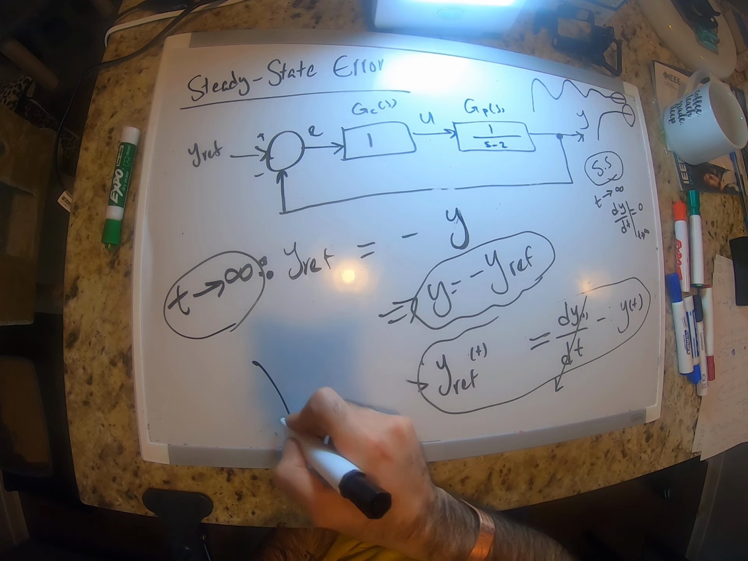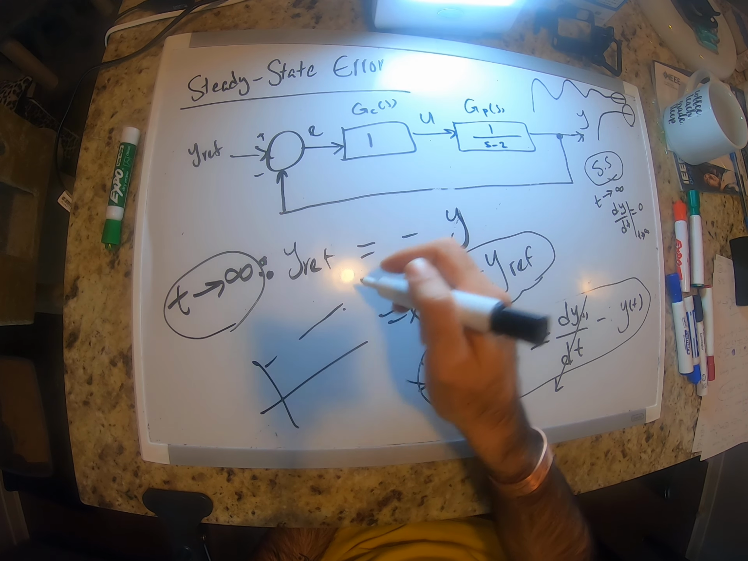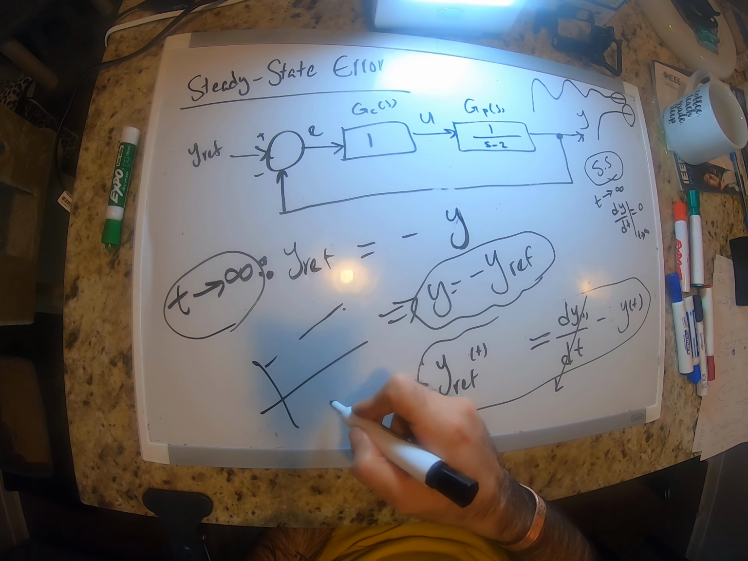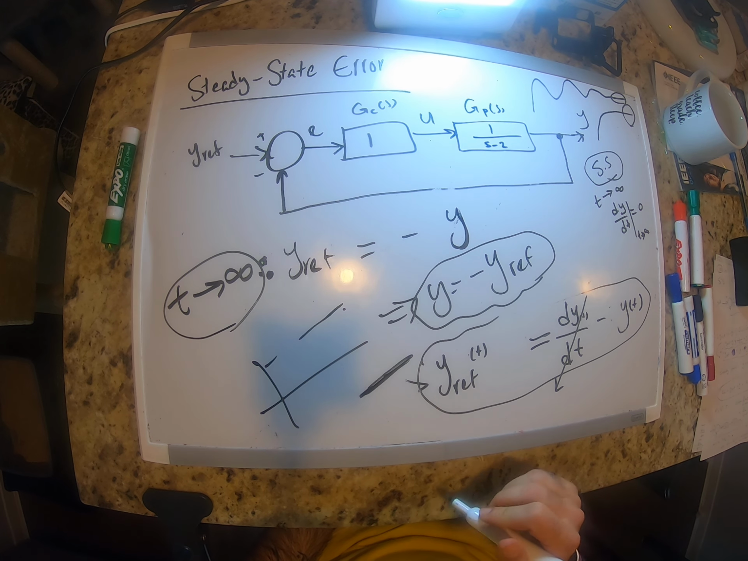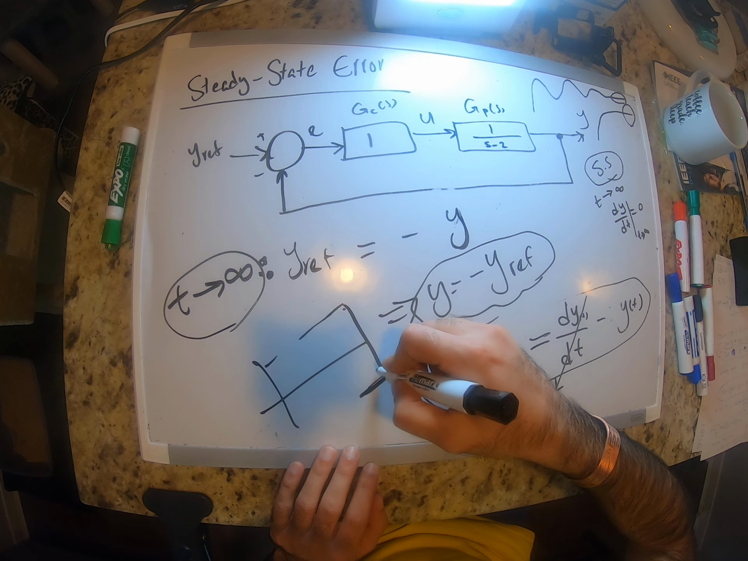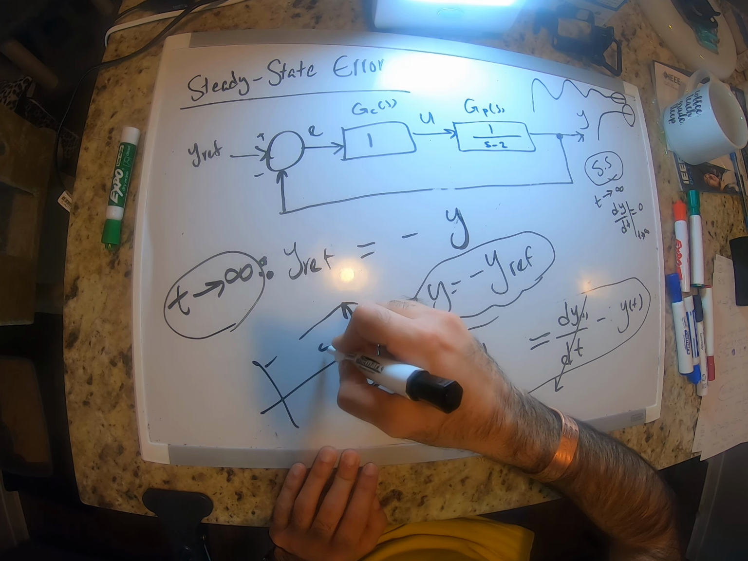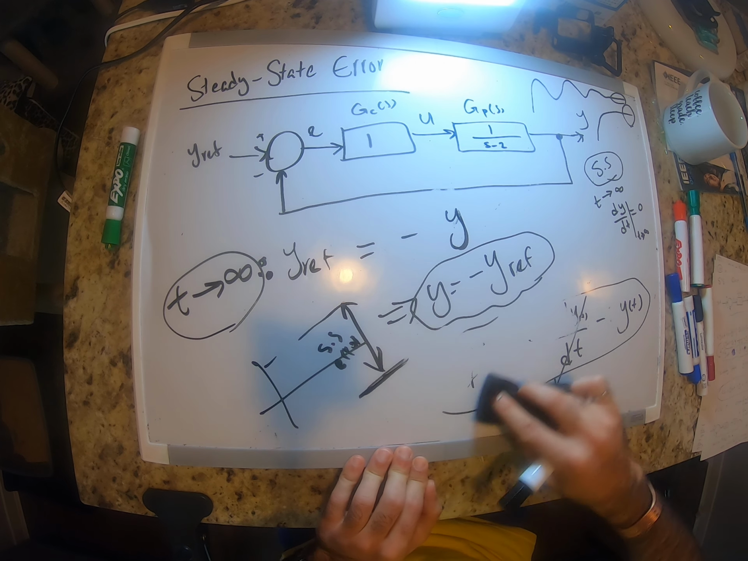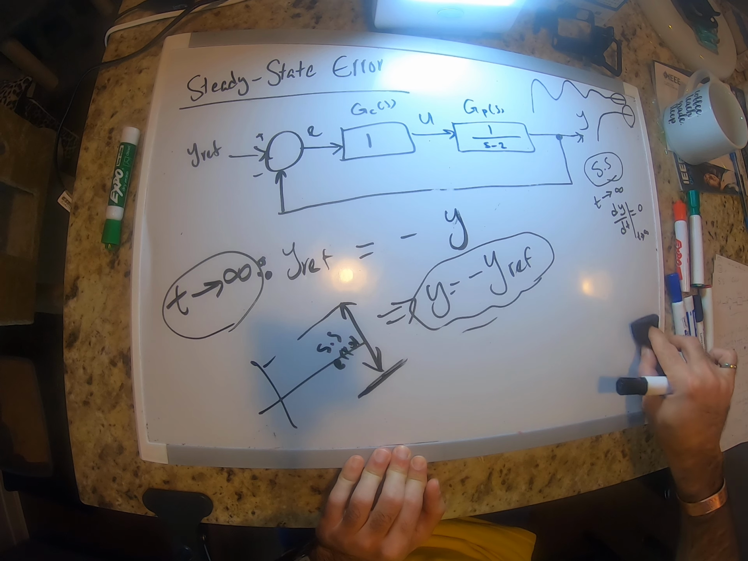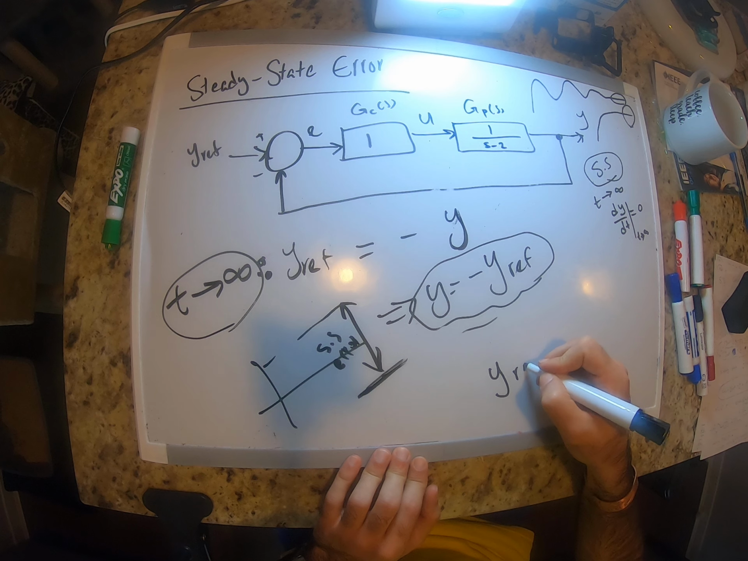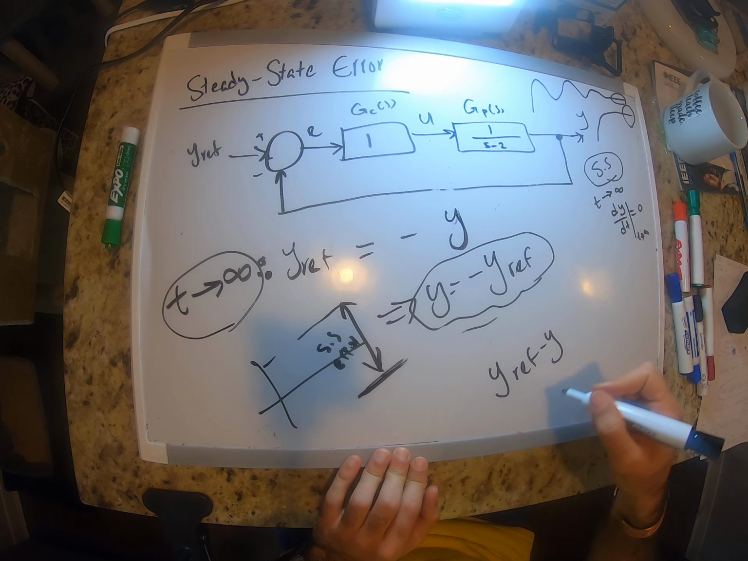Isn't that crazy? We wanted to reach this point, but based on the closed loop system that we have, at infinity we're going to reach negative y ref, right? So this is called steady state error. It means the difference between y and y reference at